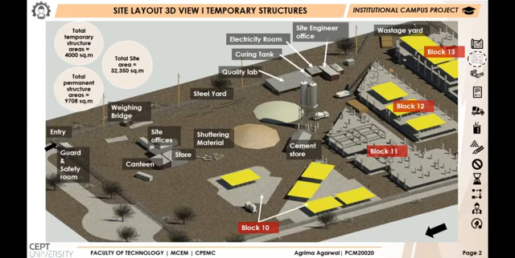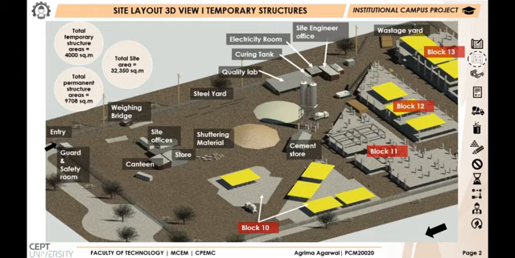I, Agrima Gawal, am presenting the work for the second semester studio, construction project execution, monitoring and control. The project selected for study by our group is an institutional campus project having the scope of 2 academic blocks, 2 administration blocks, a tennis court and the entrance gate. The type of contract is percentage rate. The cost of the civil work package is 85 crores and the date of commencement of work is June 2019.